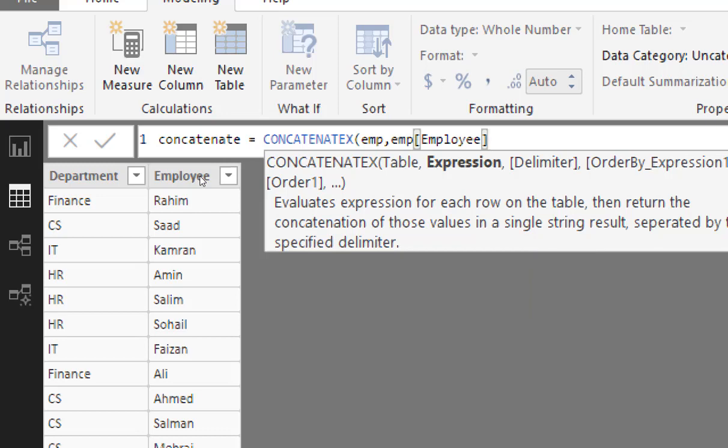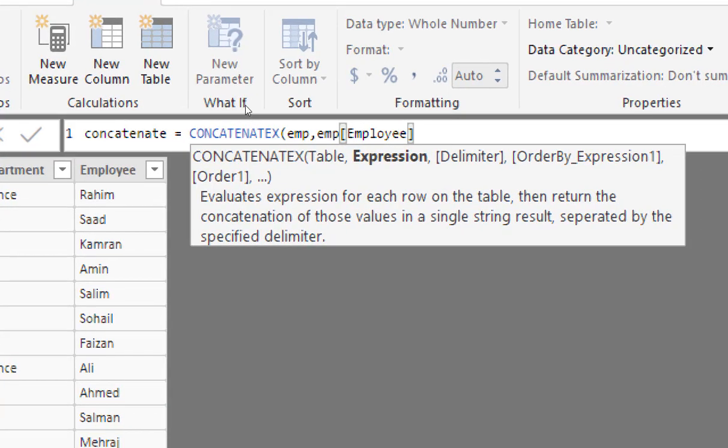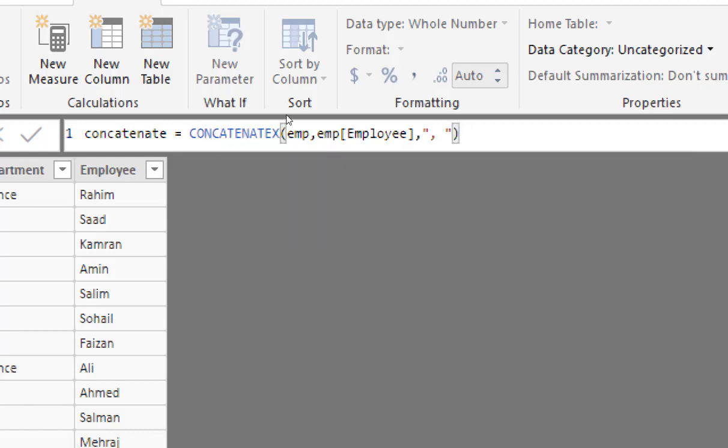Press the tab key to complete the column name, then comma, and each of the values will be separated by a certain delimiter, and we will be using a comma and space as the delimiter between the two values. Alright, and then a round bracket to finish this DAX.